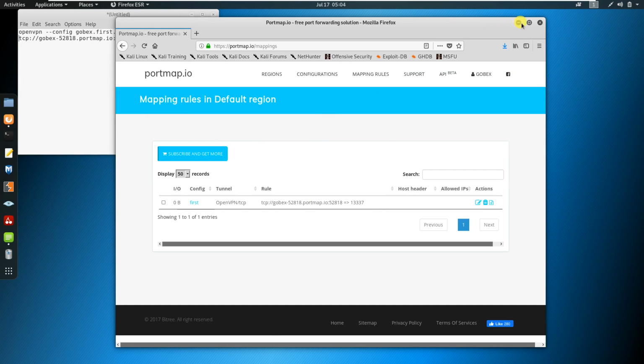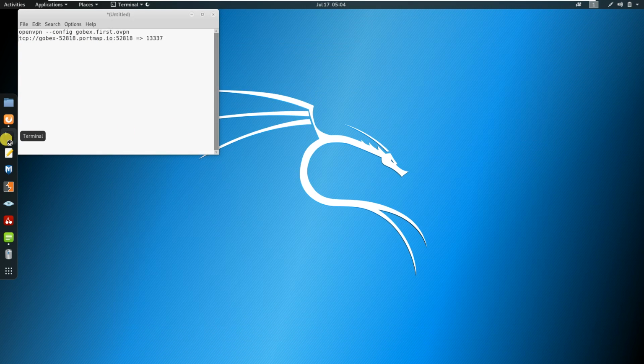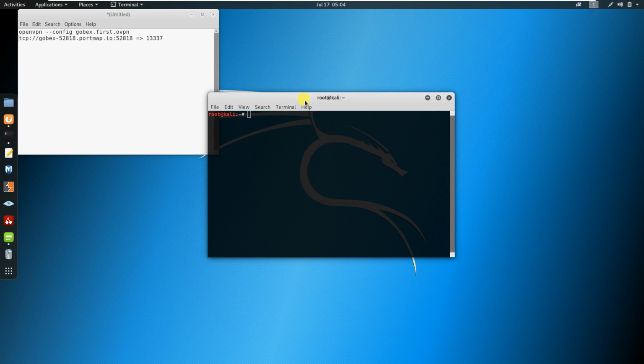So we need to check the connection, whether it is connecting or not. For that, open the terminal. Previously we have downloaded the file, right? So open that file location. I have downloaded this file.